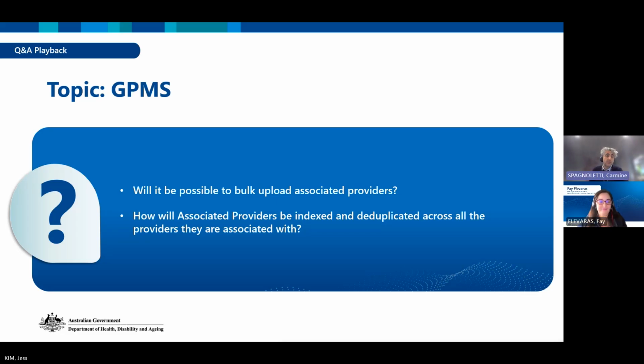The third-party organisations for approved providers will automatically transfer to associated providers for registered providers continuing under the same ABN. Reporting of associated providers to the Aged Care Quality and Safety Commission will be done via a change in circumstance form following commencement of the new Act. So once processed, updates will be viewable on the Manage Your Organisation portal within GPMS. The department has passed on feedback that a form enabling bulk update of associated providers would be valuable and continues to consider how, over time, digital solutions may further assist in streamlining provider reporting.